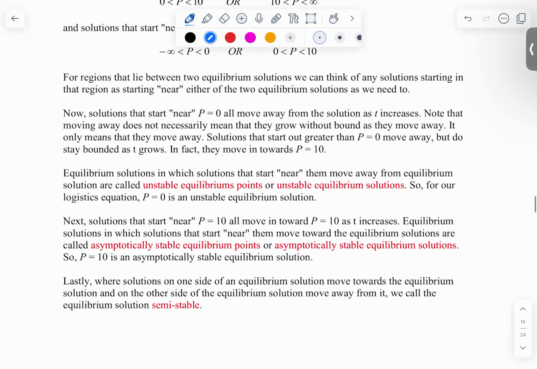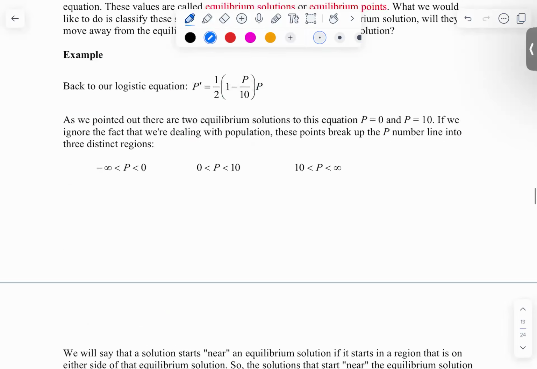This creates three types of equilibrium solutions. Unstable equilibrium solutions is when all the curves move away from that horizontal asymptote. Asymptotically stable equilibrium solutions are when everything moves towards it, like our 10. And then semi-stable is where one side is moving towards it and one side is moving away from it. So, all right, back to our situation